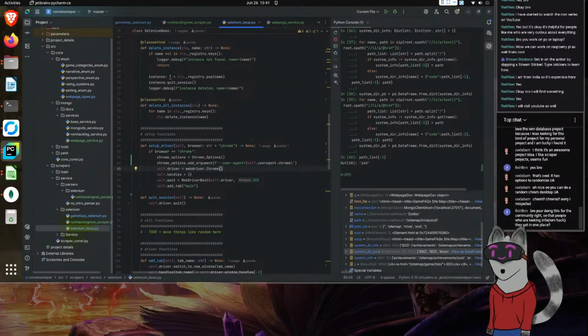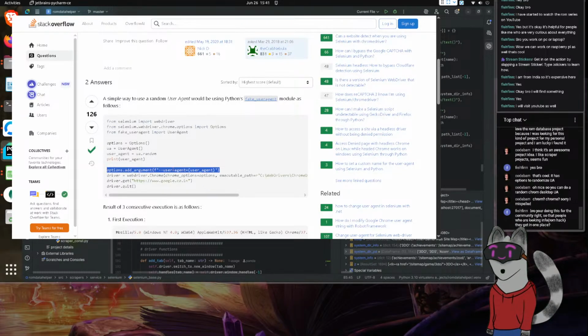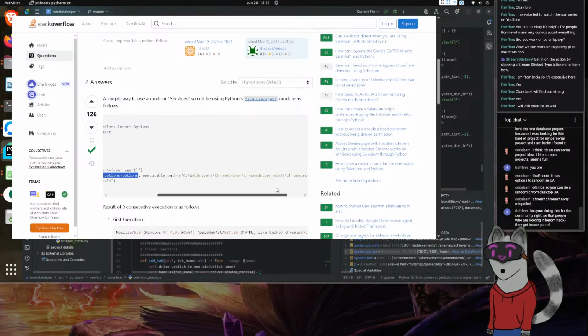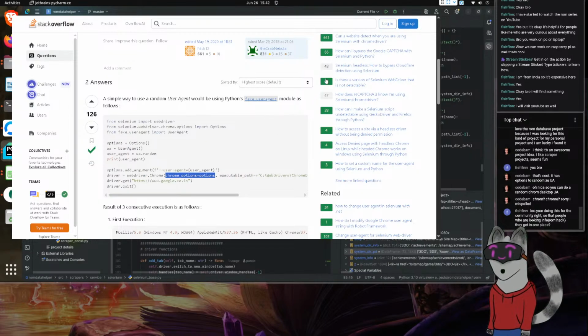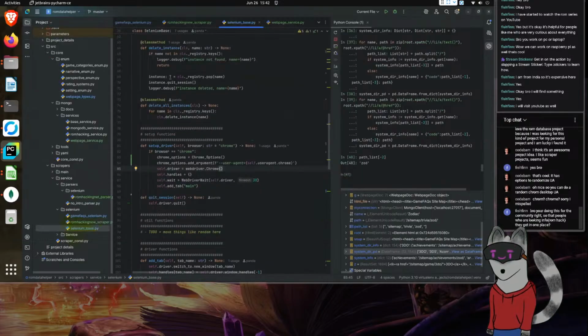Let's do a quick peek and make sure that that's accurate. Let's see here, user agents, they used ua.random. So I think if we just do Chrome, that should be fine. Yeah, user agent .ua, and then the last thing we need to do is bring the Chrome options in. And as for the executable, we're leaving that entirely up to the driver. So there we go. Perfect. Done. Nice. This should help us out with our problem.